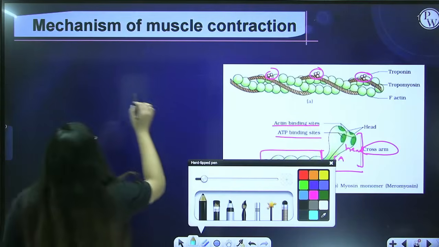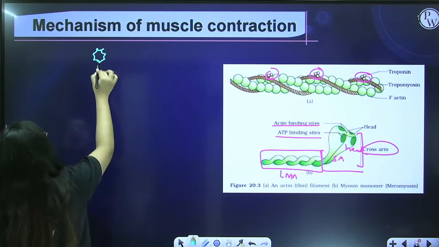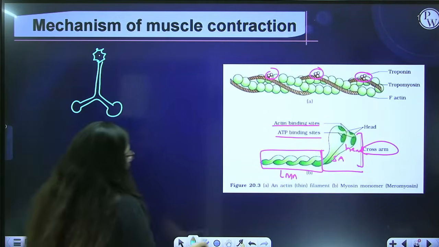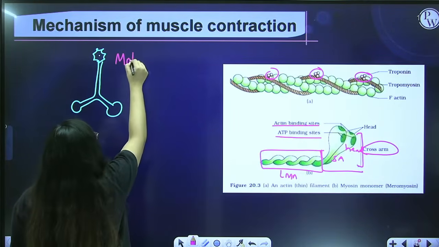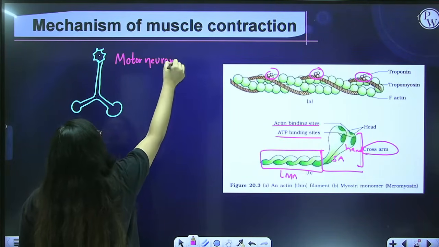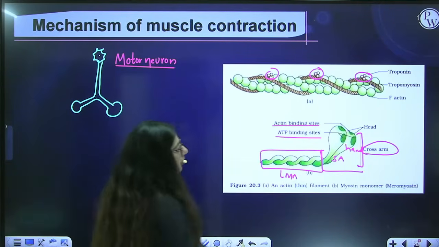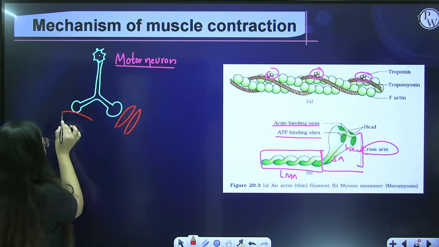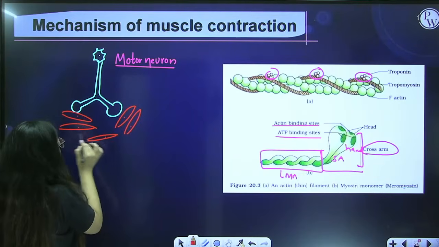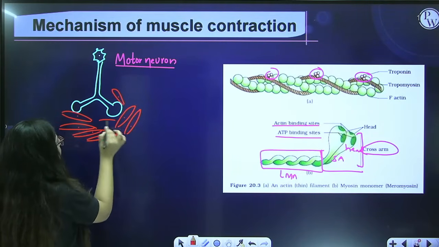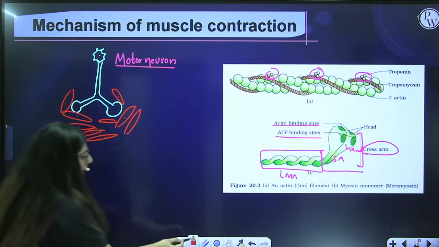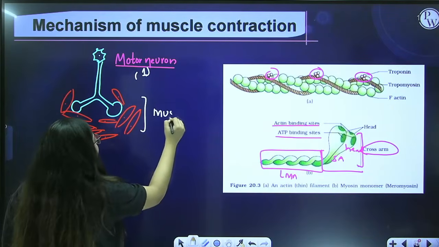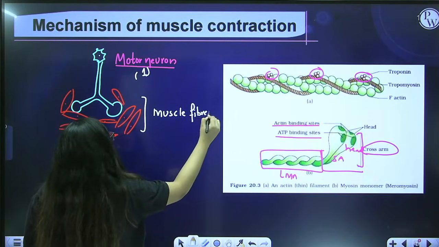Imagine guys, this is a neuron. This is a neuron and these are the axon of a neuron. This is what we have done. And what type of a neuron is this? This is a motor neuron. So motor neuron is innervating your muscle fibers. One motor neuron can innervate a number of muscle fibers and you call it as motor unit. What do you call it as? Motor unit. As you can see here guys, one motor neuron is innervating number of muscle fibers or muscle cells.